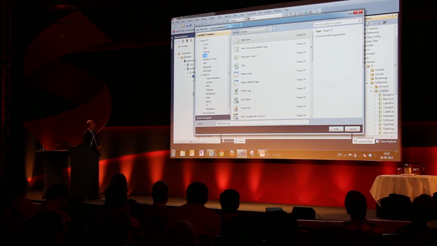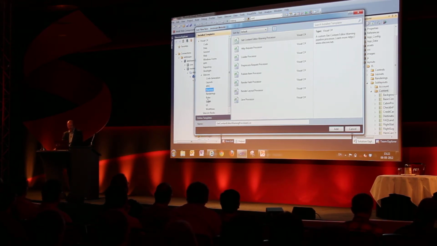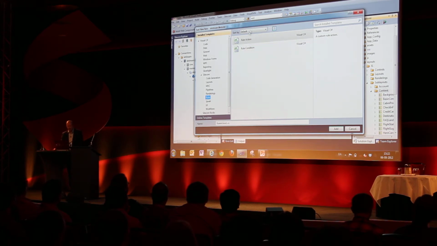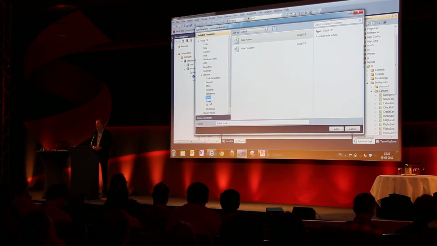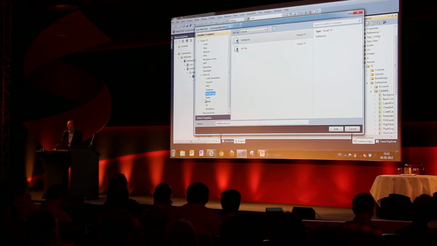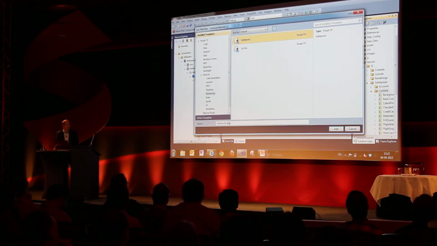and there's a bunch of them. We're going to look at a few of the other ones later on, but this actually helps us build new pipelines, build new rules, both rules, actions and rule conditions. You can see there's a speak template there as well, so that has actually been added already. And on the renderings, we can add sub-layouts and XSLTs. So I'm going to add a new sub-layout, and I'm going to call it show related,